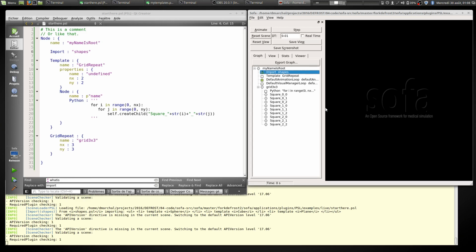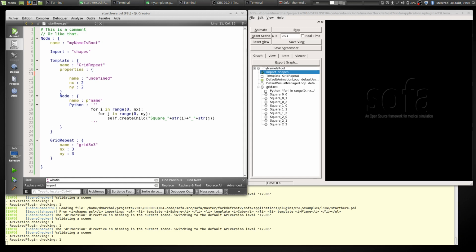One of the targets now is to increase the support of PSL in the GUIs, and I think some really great things could happen. But anyway, we have our shapes here, and we have our grid repetition thing, and now what we would like is to have the